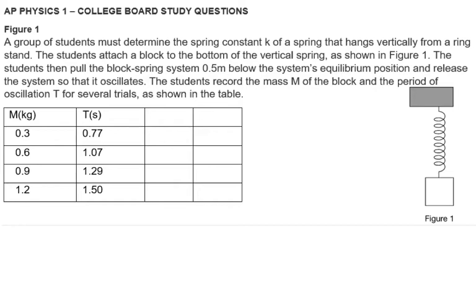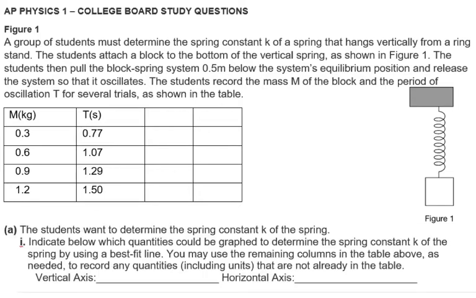The students then pull the block-spring system 0.5 meters below the system's equilibrium position and release the system so that it oscillates. The students record the mass of the block and the period of oscillation T for several trials, as shown in the table. For part A, they ask a question: the students want to determine the spring constant k of the spring. Indicate below which quantities could be